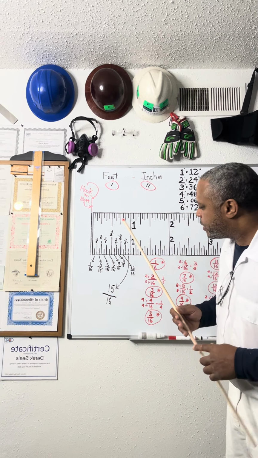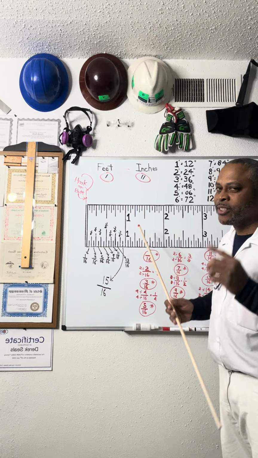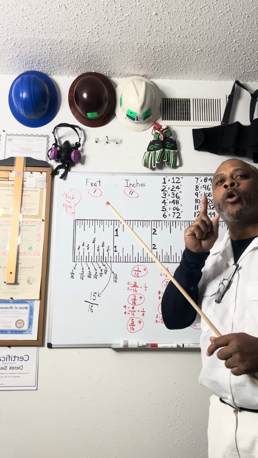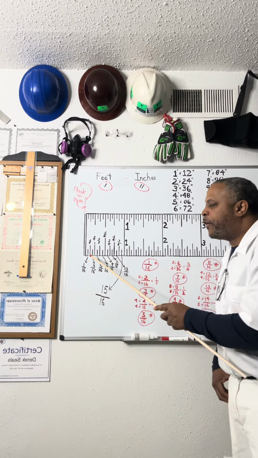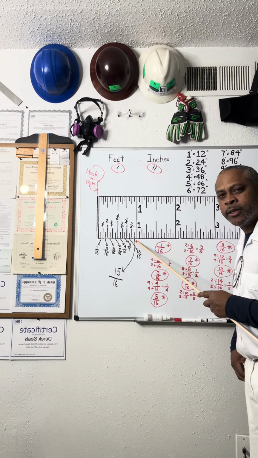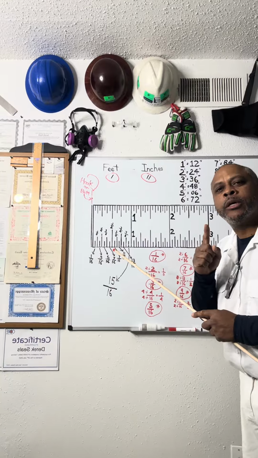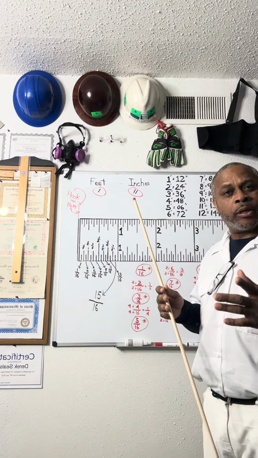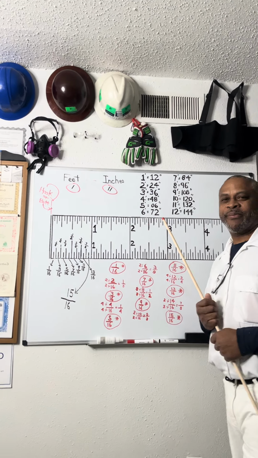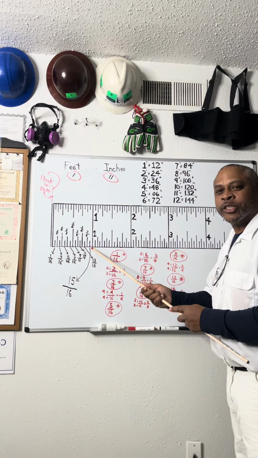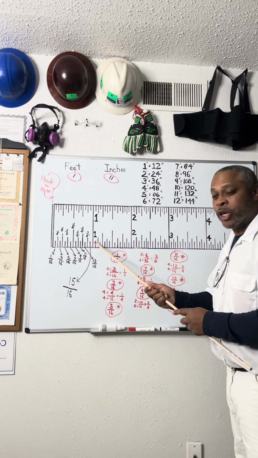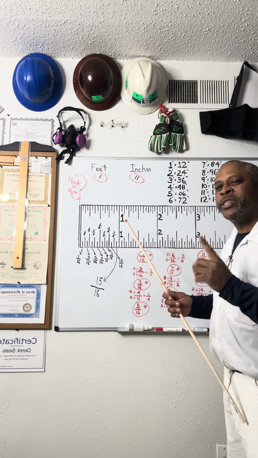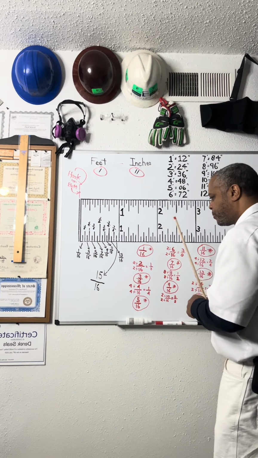Remember, 7/8 is not 1 inch. It's 1/8 of an inch away from being 1 inch. There are 15 16ths before you reach 1 inch. 15 16ths is just 1/16 away from being 1 inch. 16 16ths is considered 1 inch, which is a whole. So when you have 15 16ths, you're 1/16 away from